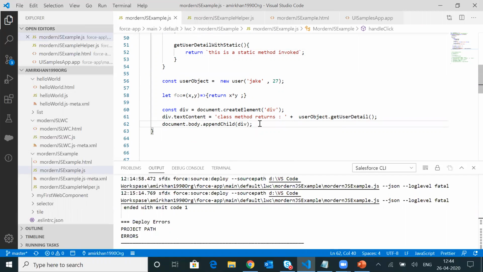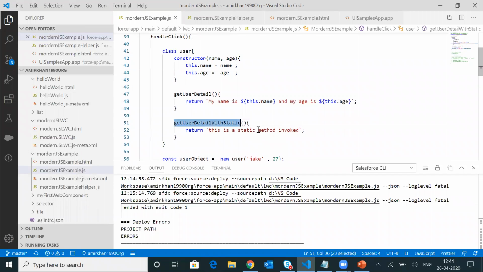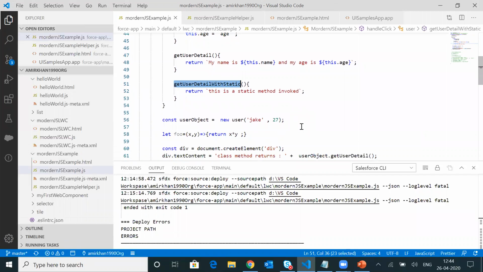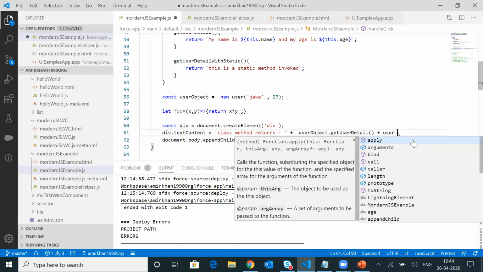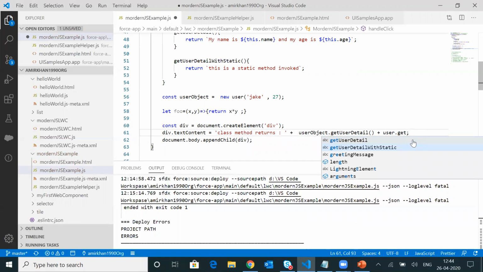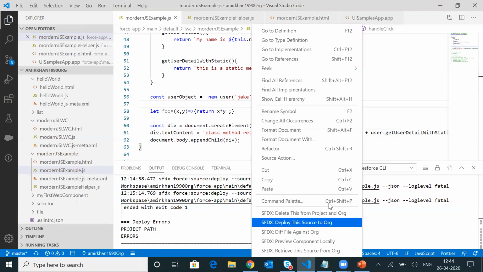Now if we don't want to create the object, then by using the class name directly, you can call this particular getUserDetailWithStatic method. So I will be calling the same method over here, and I will say that User is the name of the class dot getUserWithStatic. Okay, and terminate this thing and deploy code to the org.